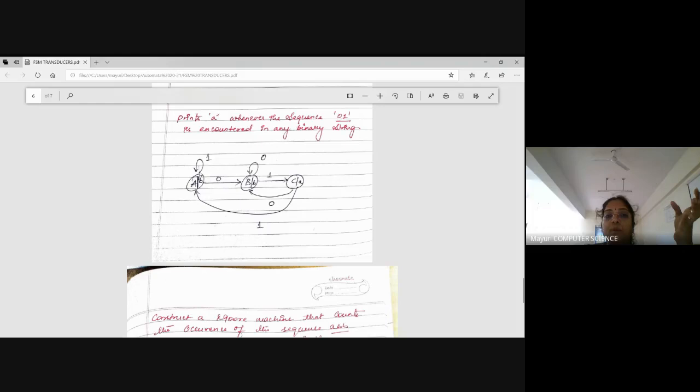For A, you give input 1 to itself, because 1, 0, 1 will be accepted. For B, since 1 is already given, input 0, so it will end with 0, 1. Here, suppose 1, if I take it to A, so that it will end with 0, 1. Only the acceptable state is C, so its output is a. Remaining states' output is b. The same question, but this is a Moore machine, where the output is associated with each state.